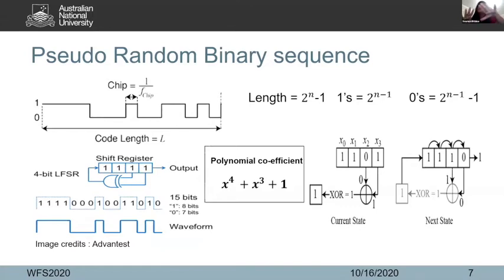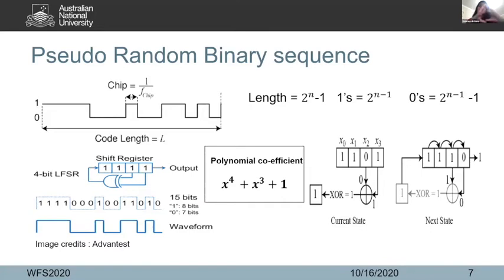It's basically zeros and ones, and whose length is determined by 2 power n minus 1, where n is a factor based on the round trip distance to the target, and the frequency at which we want to generate the bit. And these are built by shift registers. Say, for example, I have a length of 4, and I have to build a sequence. I can generate a sequence of 15 bits,